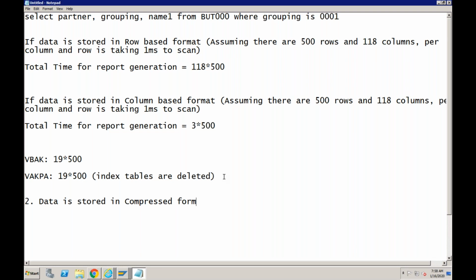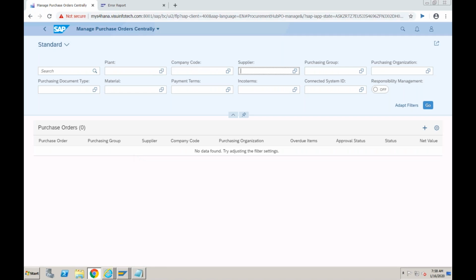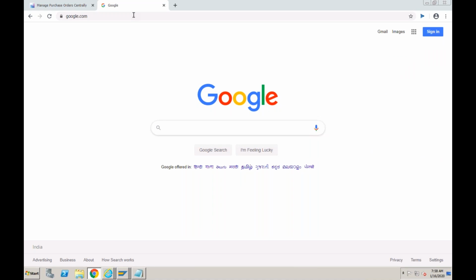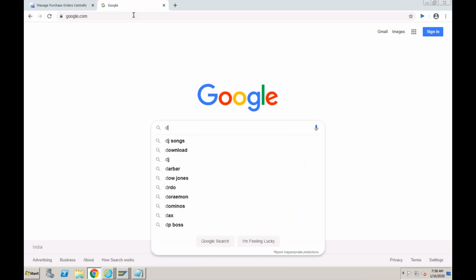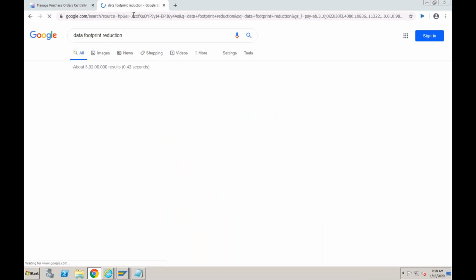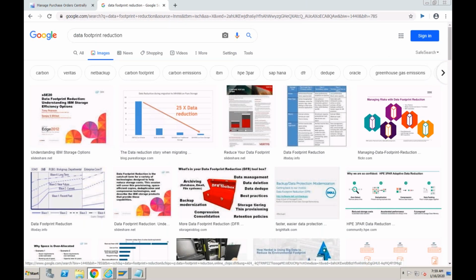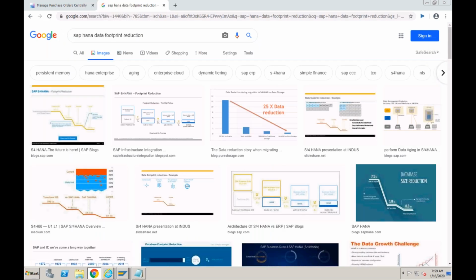Okay, so there is one example where SAP has shown this for one of the customers also. So maybe let me see if I can show you here. It is called data footprint reduction, SAP HANA. Yes, if you see this example,